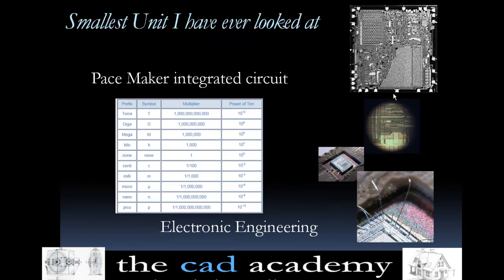Now, we've gone from trying to look at the distance between the Earth and the Moon, and then we've looked at a big distance of 70 miles between 2 continents. And now, let's talk about the smallest units that you could see. And of course, the smallest would be particles of matter, atom, and below. But as far as electronics, manufacturing, or architecture, or engineering, the smallest I've ever seen was one day I was